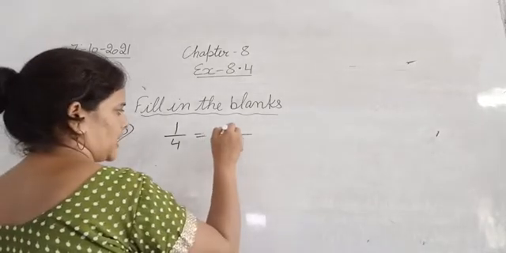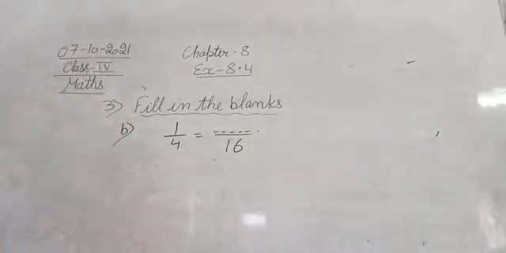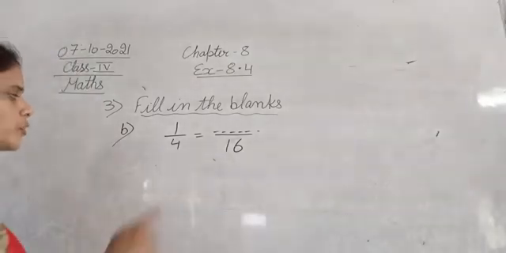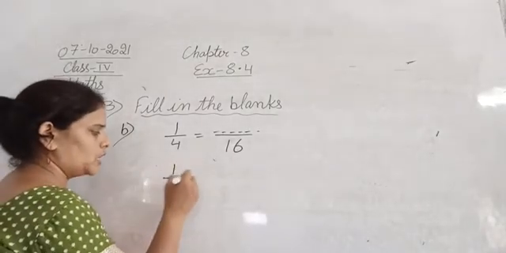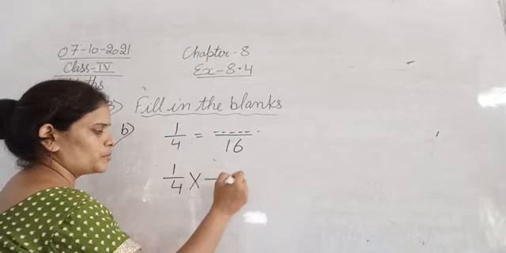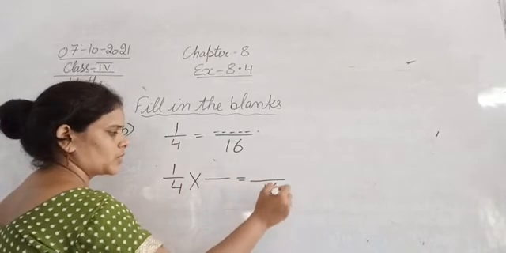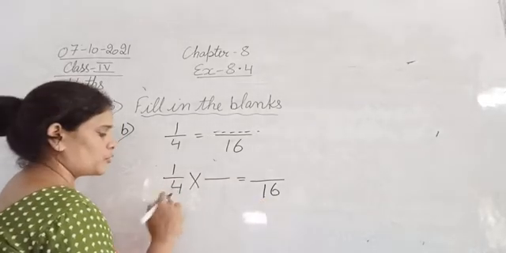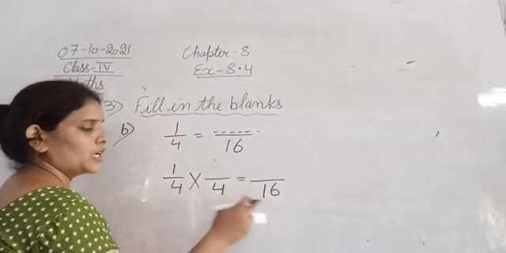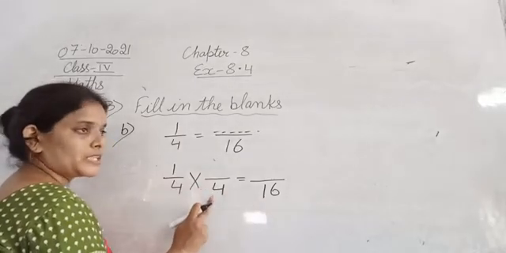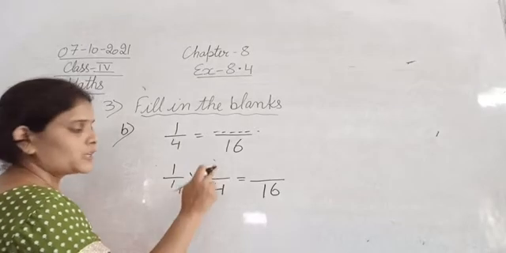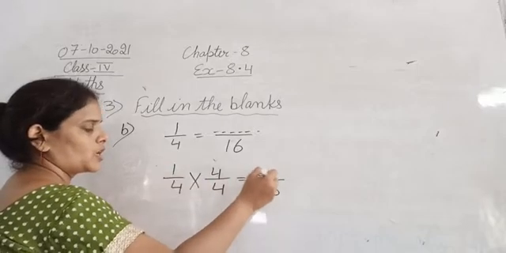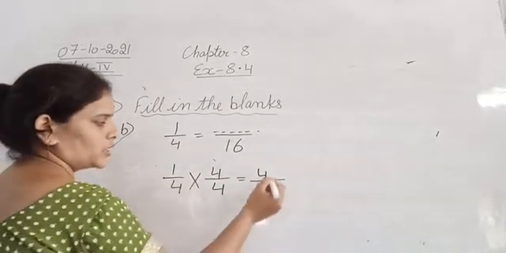So again we have to find this numerator. So 1 upon 4, by what should we multiply so that you can get the denominator 16? For converting 4 into 16, we have to multiply it with some number. By which number should we multiply 4 so that you can get 16? If we multiply 4 with 4, 4 4s are 16. Now if the denominator is getting multiplied with 4, definitely the numerator will also be multiplied with 4. 4 4s are 16, 1 4s are 4. So now we got the blank, that is 4.